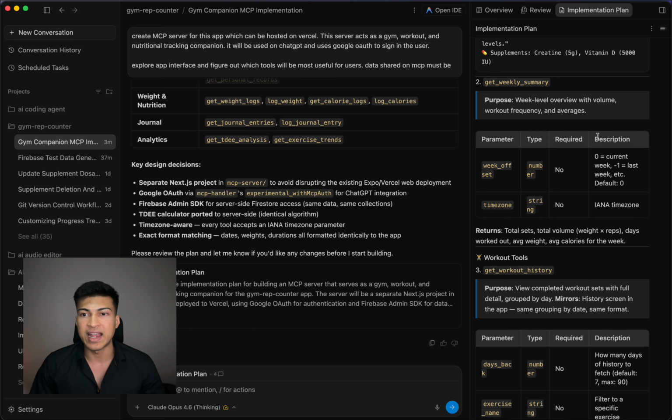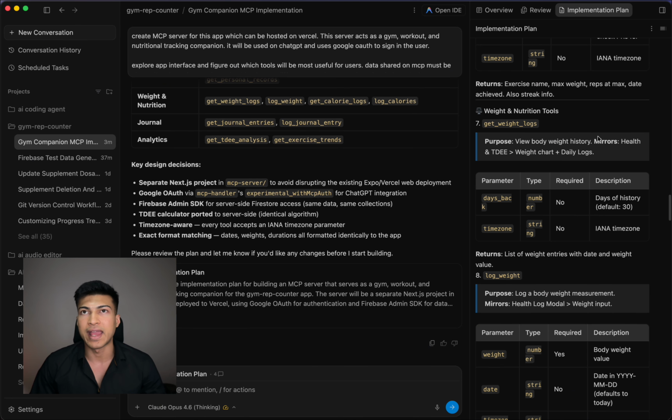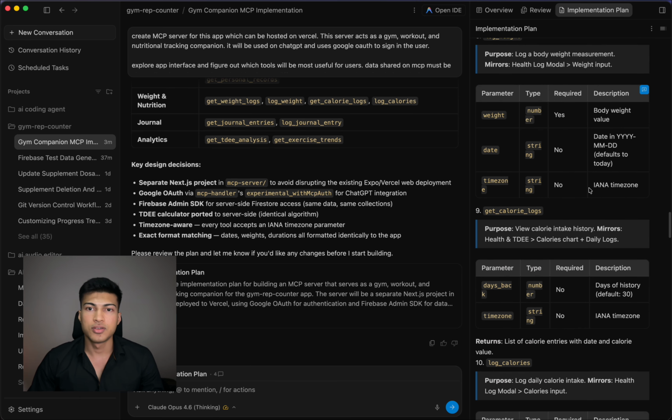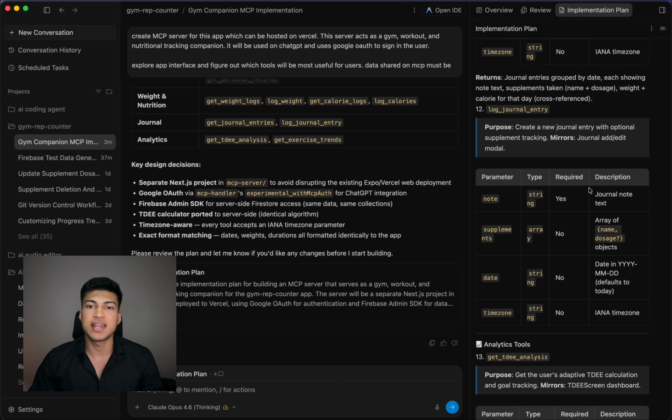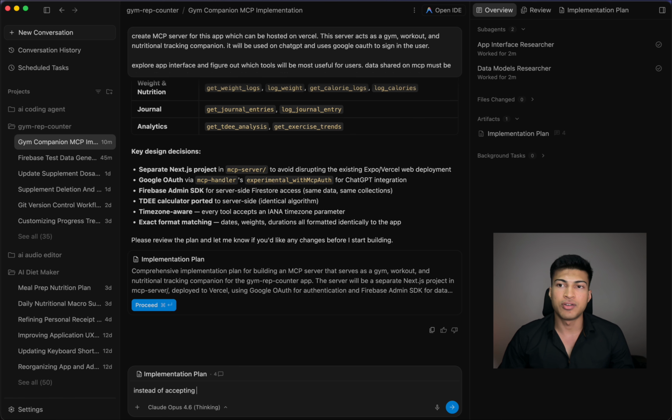So the MCP client can call that tool and get the information, perform any action, or update the database as well. One thing I notice here is that each tool is accepting time zone as an argument. Instead of doing that, I think the app already has the user's time zone in the settings, so it is stored in the database. So I'll just ask it, instead of accepting time zone in each tool,